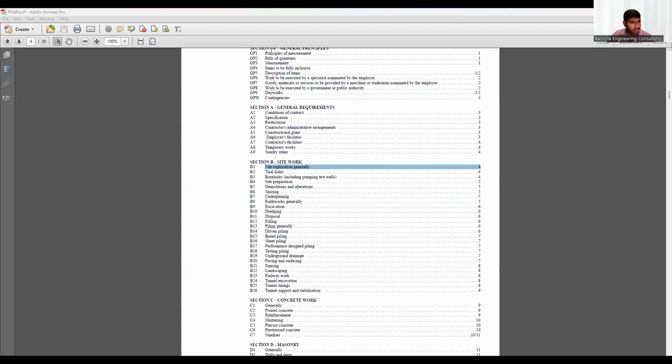Then what do you do? After the soil investigation or during the soil investigation, you do a topographic survey. That is also important and is as per the UAE regulatory requirements. You have to identify the levels of the existing ground levels. So that is called topographic. It gives a grid line.